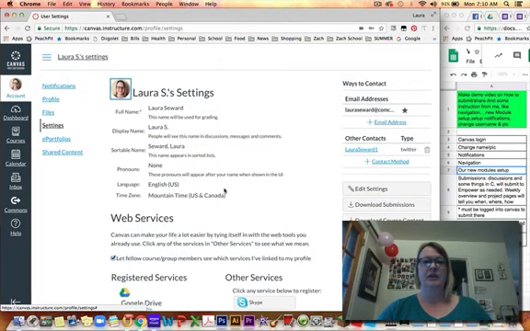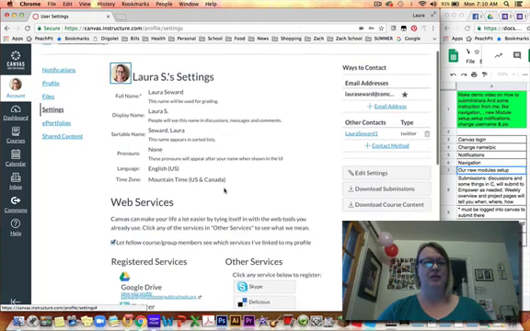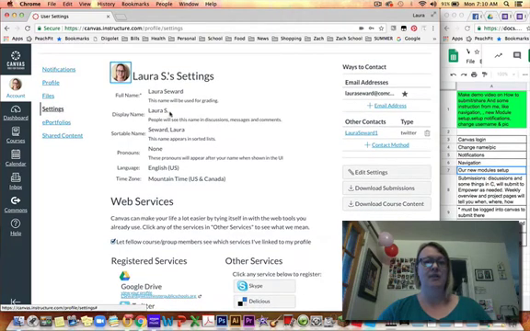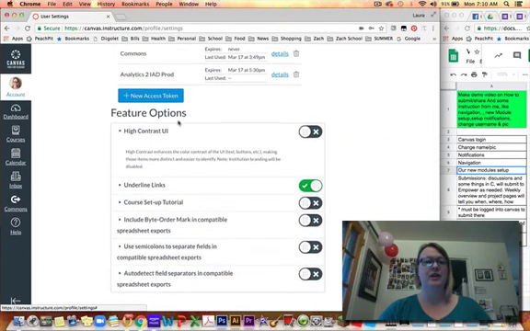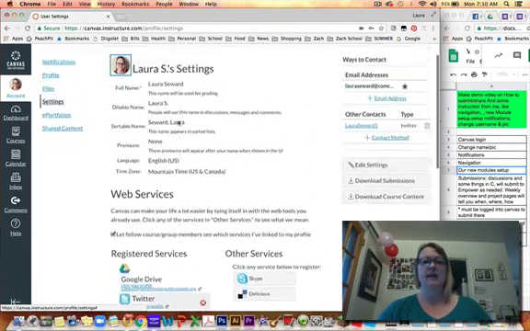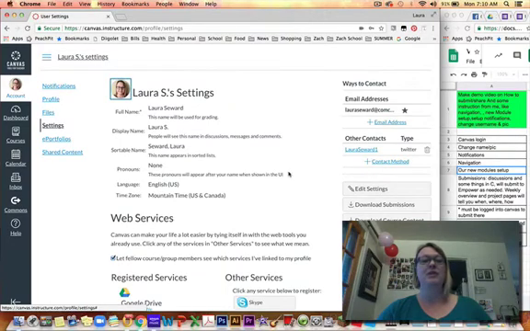You can also make sure that your name shows up as something recognizable. By default, it will give you a bunch of numbers, and I can't recognize you by those. So you definitely need to change your name to something recognizable so you get credit for the work you do on here. And it moves it around. When I'm showing you on this computer at school, it pushes it down to the bottom. But for most of us, it'll be right over here to the right, Edit Settings. You click on that,